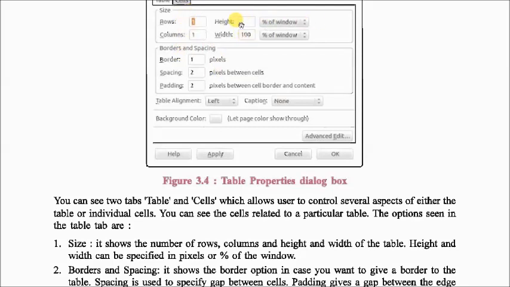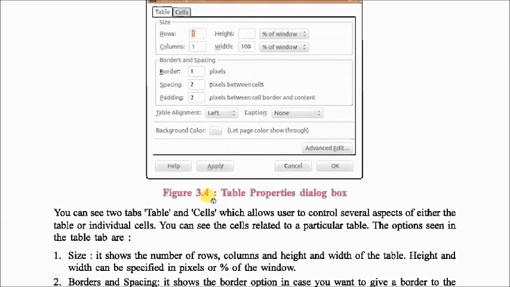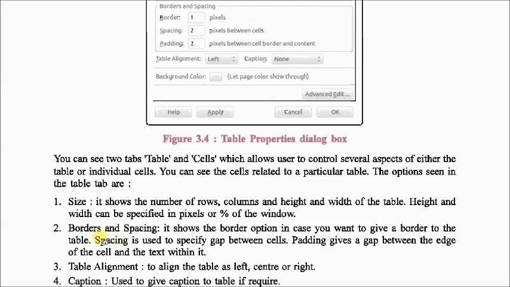You can apply pixels, or apply according to the window. Window means, suppose you want to use the full screen, then you can apply 100% of the window. And if you want to use half the screen, then you can apply 50%. So according to the percentage of the window, you can apply the height and width.